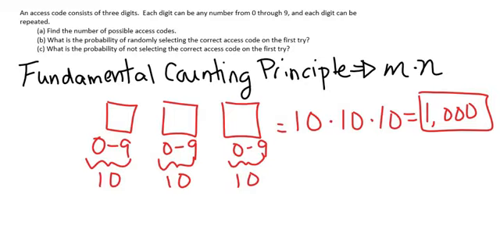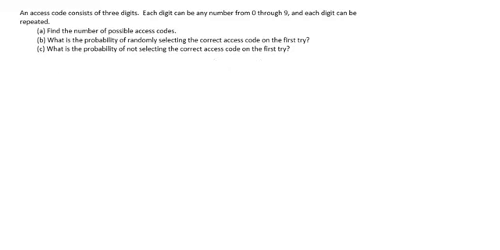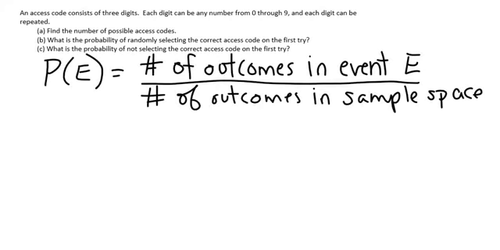Let's look at Part B. What is the probability of randomly selecting the correct access code on the first try? For this problem, we're going to use classical probability. Classical probability is equal to the number of outcomes in event E. In this case, our event is selecting the correct access code on the first try,